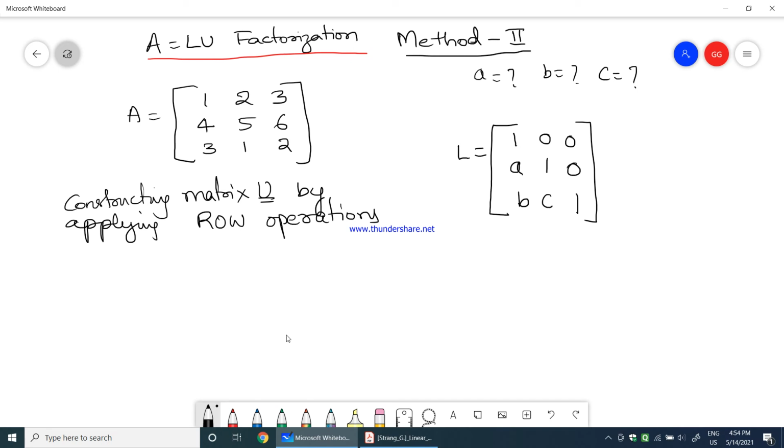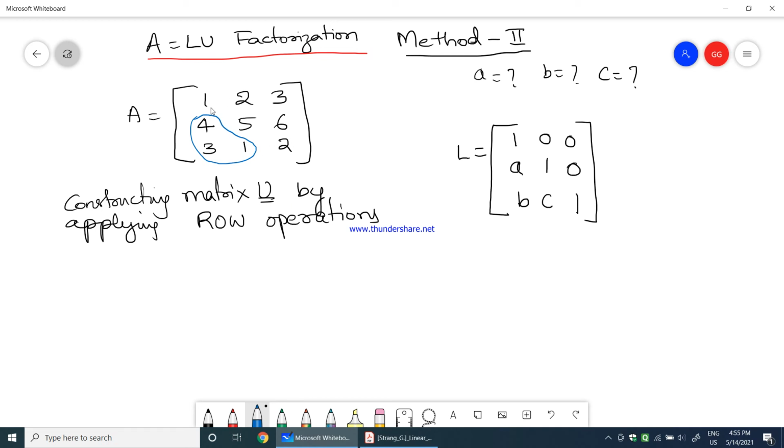Earlier we had a different method. We multiplied L and U with those terms, and then we individually found the terms by having an equation, and then we found L and U. Here we construct U by doing row operations, and in the meantime we will also construct L by looking at the equations that we use to do the row operations to construct the upper triangular matrix for the given matrix A. So, first row operation. For an upper triangular matrix, these three elements should always become 0. That is our intention.